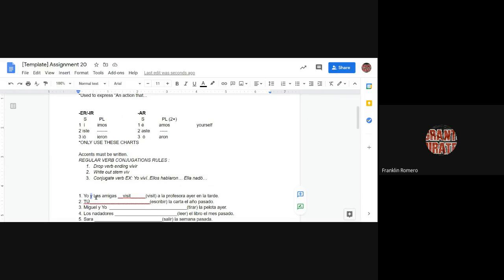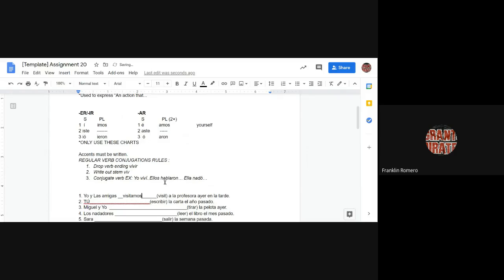Yo e means and, yo y las amigas. Now, remember, grammatically speaking, first person is yourself. You can never go down. If you're first person, you cannot go to second or third person. Grammatically speaking, first person is the most important. So you have to stay first person. But since there's two people in the subject, it's not going to be singular. It's going to be plural, which is two or more, remember. So you're going to use the first person plural conjugation here, same as nosotros. So I and the friends is the same as we. So it's AMOS